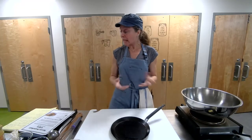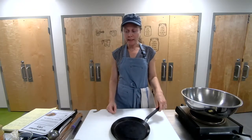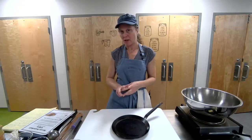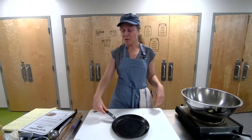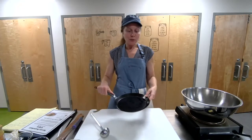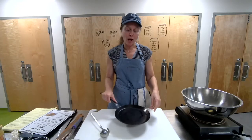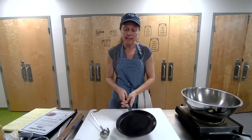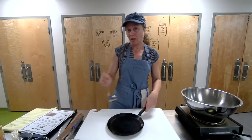So to make galettes or these flat pancakes, it's really helpful to have probably 3 pieces of equipment that are going to make all the difference for your cooking. The first is the correct pan. Now you can make a crepe in any pan. It's just that it's important to have the right ratio between whatever ladle or